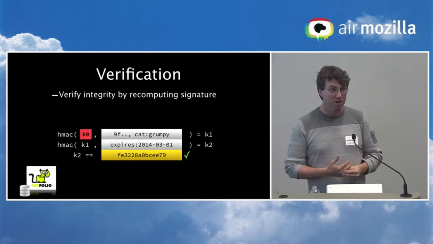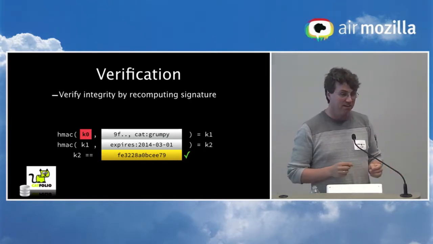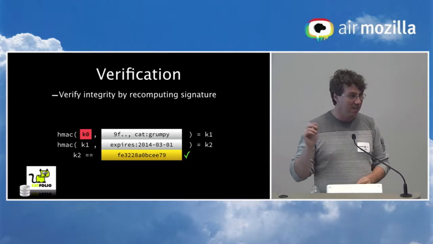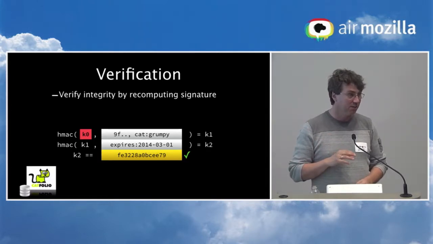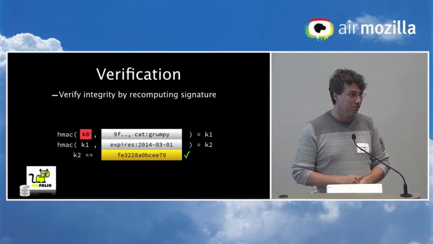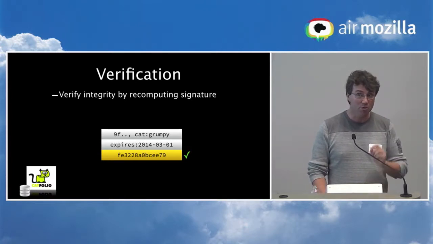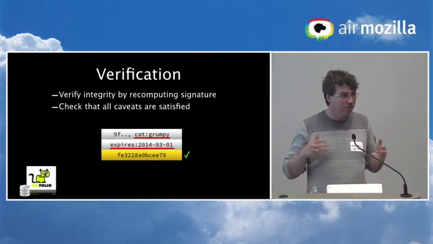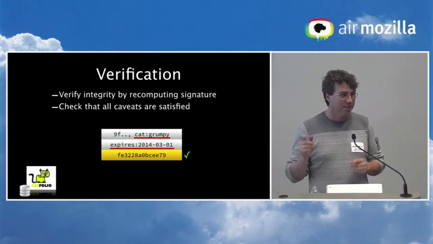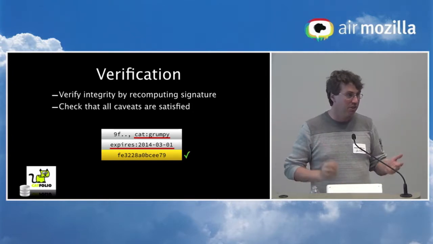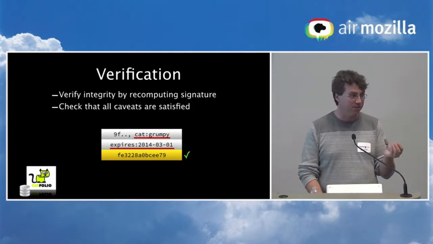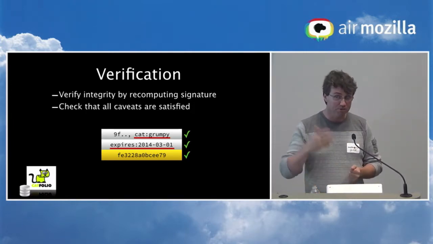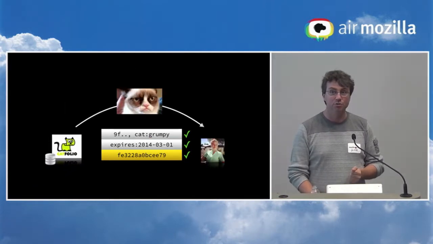As I said, this idea has been around for a long time. We use it in a slightly nice way which allows us to involve third parties, but otherwise you can view macaroons as just a careful application of this trick. So if that final green check mark actually works out, you know that this is a valid cookie. You still don't know if the request should be okay. For that, you have to check: has the expiry time passed? Is the request actually requesting the grumpy cat picture? If it's requesting something else, you shouldn't allow it. So these are conditions, these are caveats on this credential. If those things work out, then in fact, you should send out the grumpy cat.